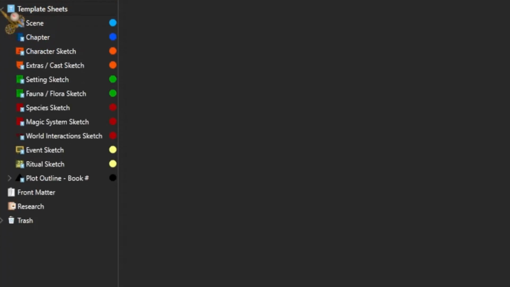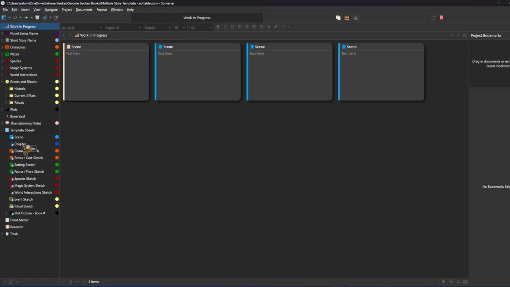So if we expand that folder, you will see that there's quite a lot of templates that I've added in this template. And the reason why I did that is because I want to make my life easier. So if you noticed, when I added the scenes in the work in progress folder, it automatically included the scene folder from the template. And how I did that